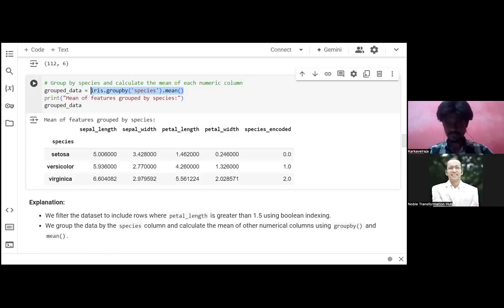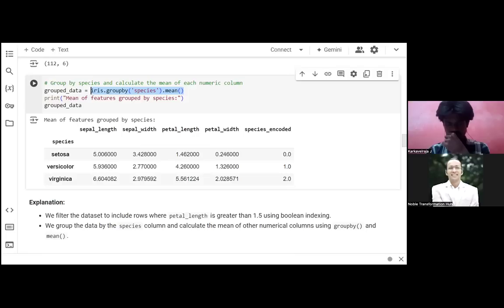Species is one of the groups. Based on species, we'll group. That's very simple logic. Understand the logic, don't go with a lot of text. It looks like human eyes, when they see a lot of text, a lot of numbers and text, we get overwhelmed. So just understand the logic.